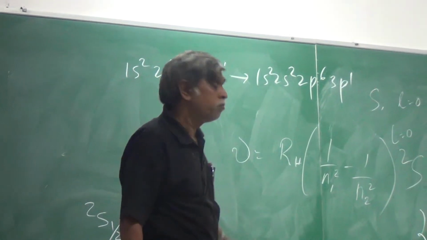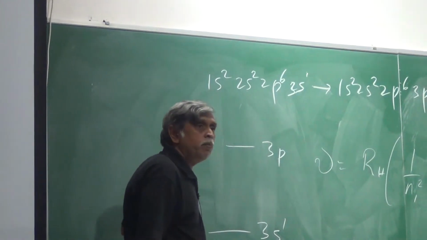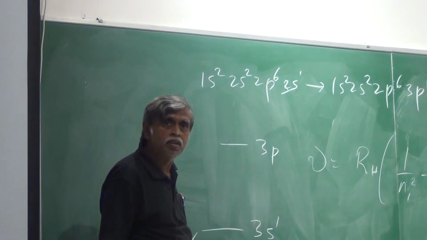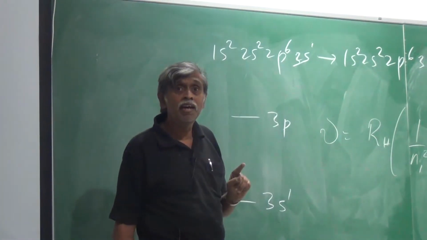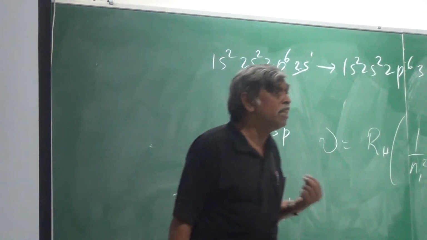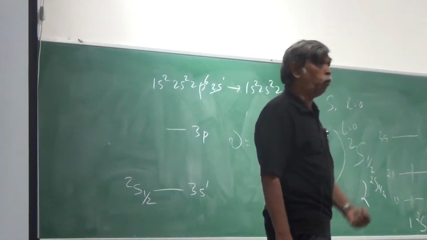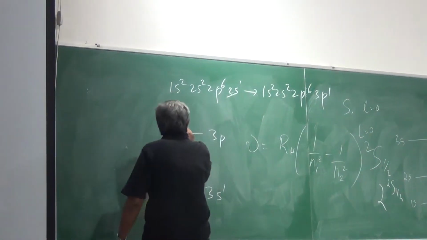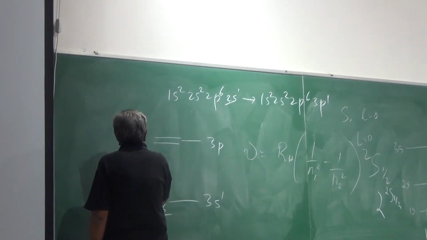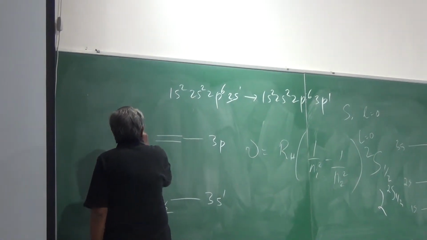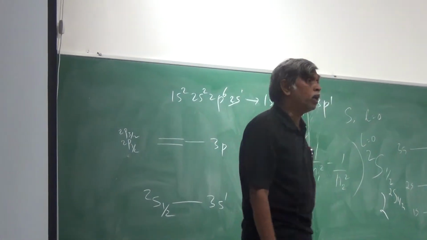You get two lines. Go back to the term symbol that you have studied. This is going to give me a doublet S 1/2 level. What is the excited state going to give me? Doublet P, but then there are two J values in there. There is a doublet P 3/2 and a doublet P 1/2. So this is not really one line. And which is the lower energy state here? It has to be the 1/2 state because it is less than half full. Therefore, it must be doublet P 1/2.